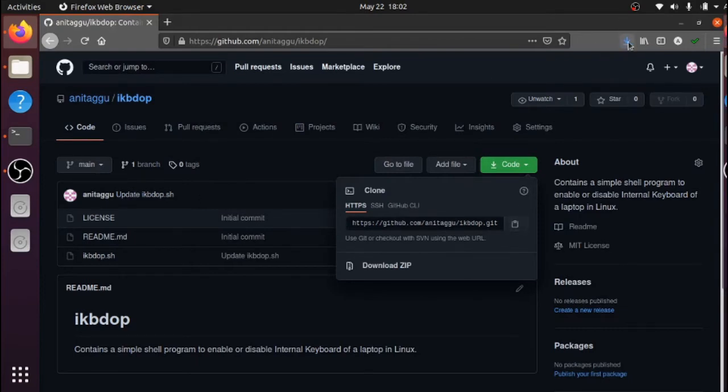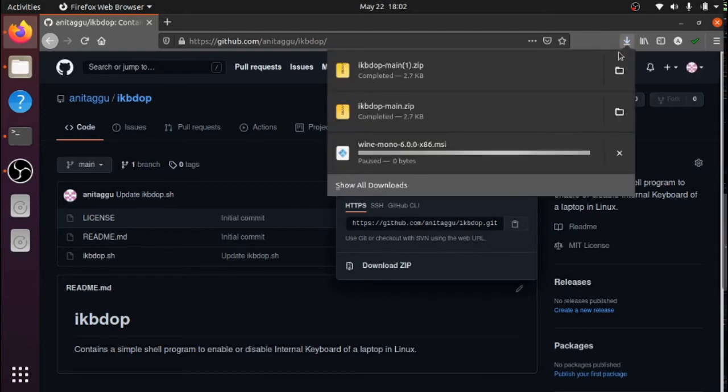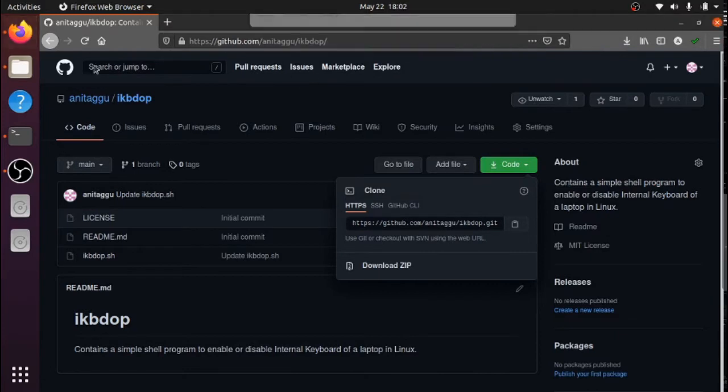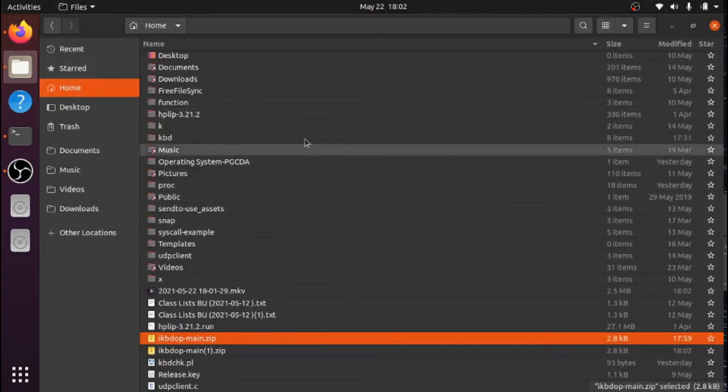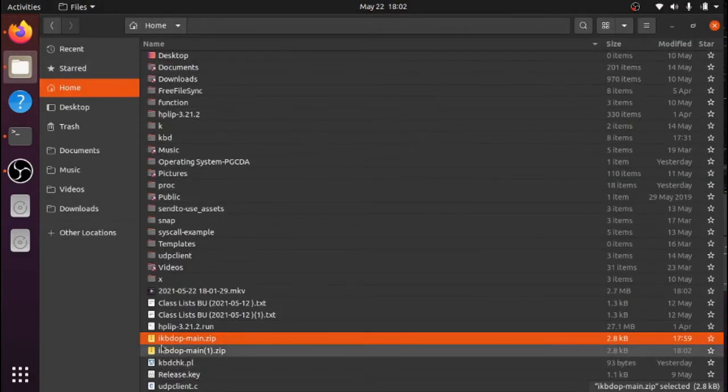And once the zip file has been downloaded, click on the folder and let's go here. So when we go into our home folder now, we can see that this particular zip file is already there, ikbdop-main.zip.